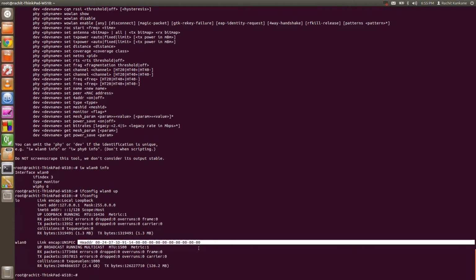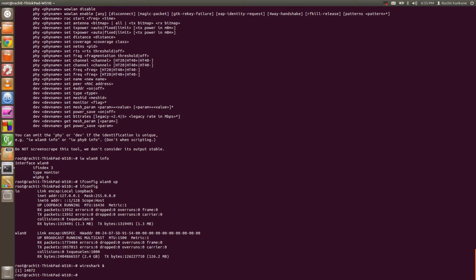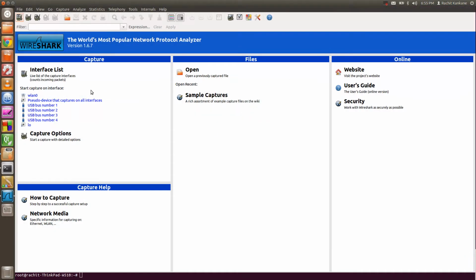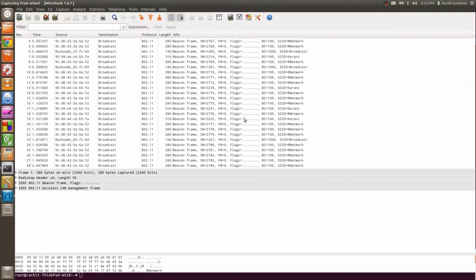Now if you want to capture the log, we run Wireshark. We are seeing the wlan0 interface here. When I select wlan0, I can see this is capturing logs at channel 13.